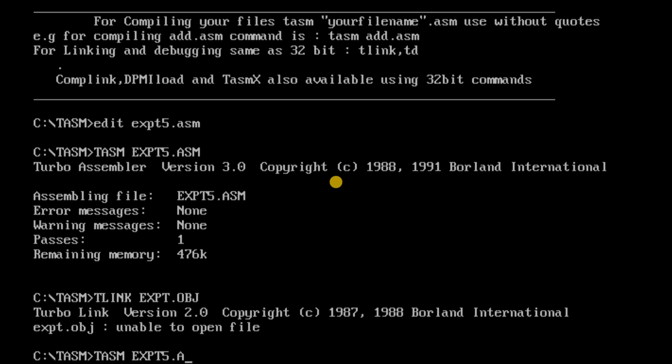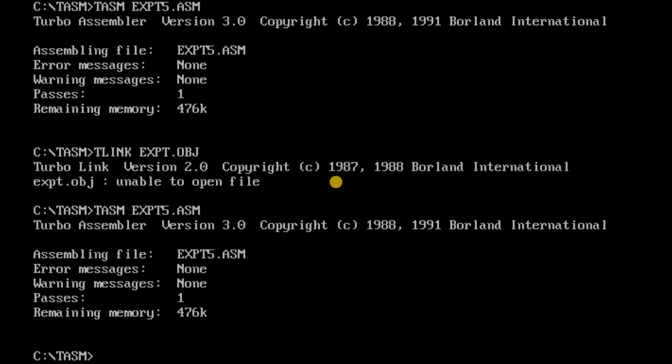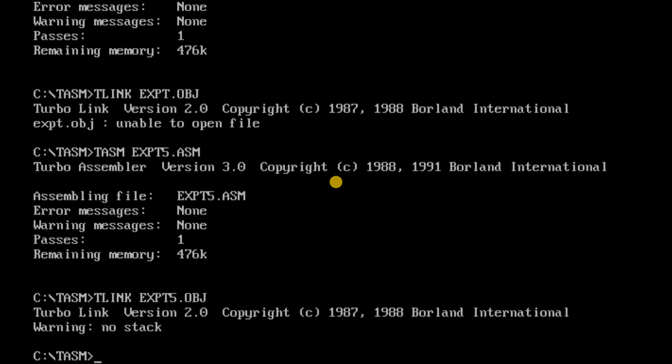The file name is expt5.asm. Then t-link, file name expt5.obj. It will link the object files. See here, whenever I made a mistake in the file name, I got the error unable to open file expt.obj. Here I have done it correctly, so there is no warning and no stack involved. Next is td, file name is